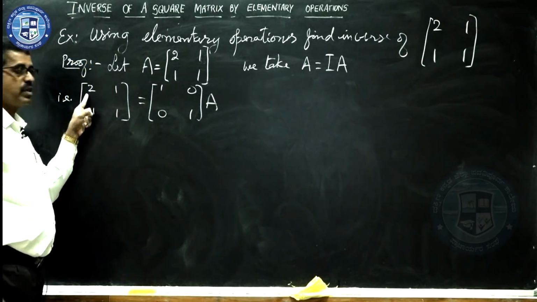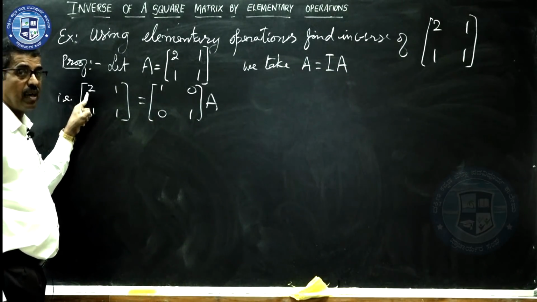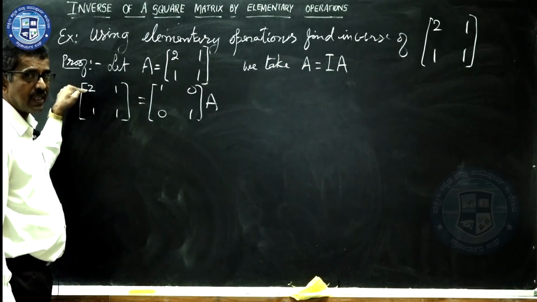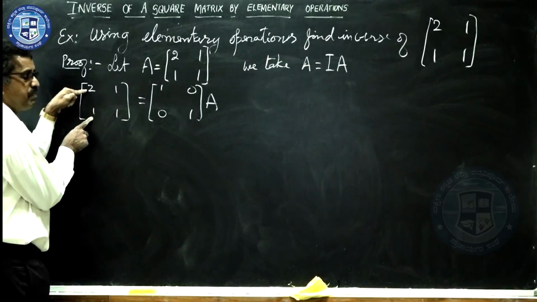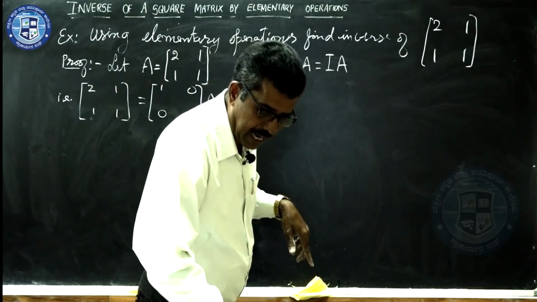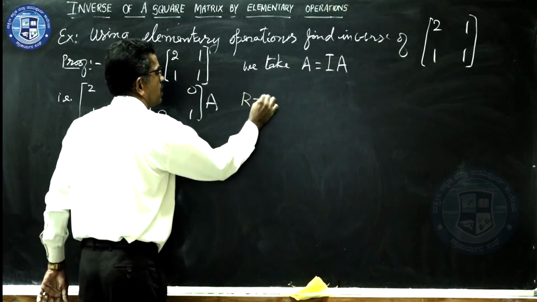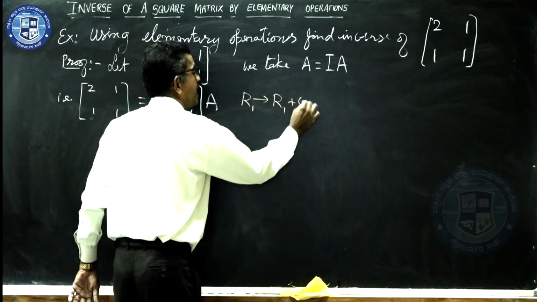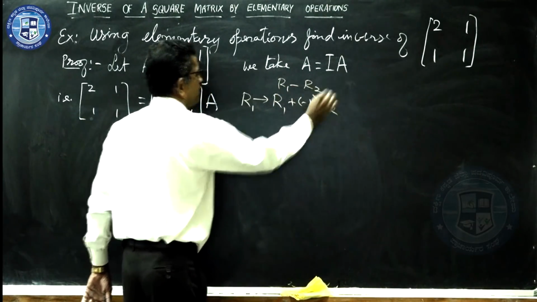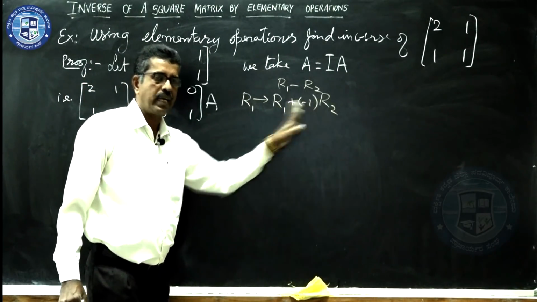Now, please think of making this element 0, but before that think of getting the principal diagonal as 1, this element 1. The very first element, how can it be made 1 by using this one? I think you got the clear idea. To the first row, I add minus 1 multiple of the second row, or you may write it as R1 minus R2. Both are same. Either it is R1 plus minus 1 times R2.